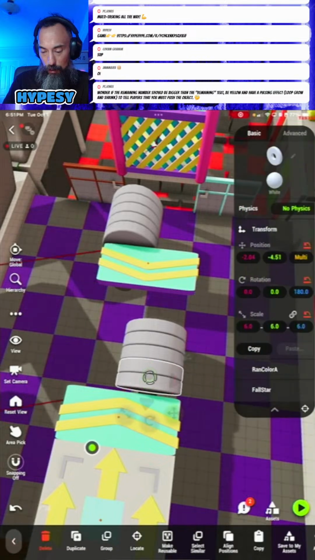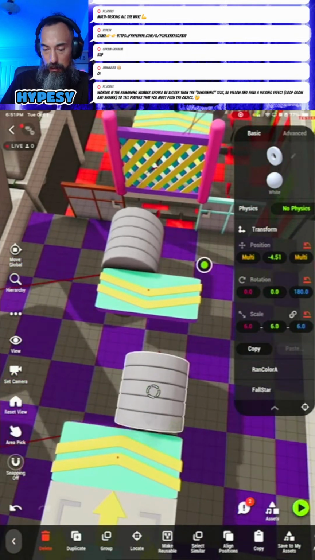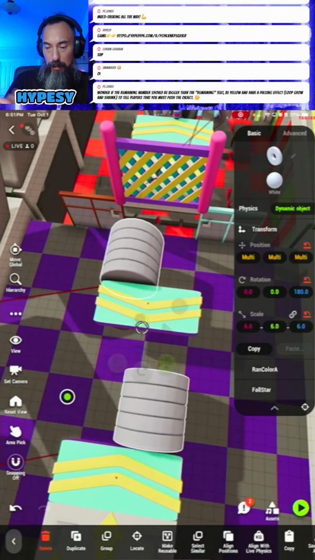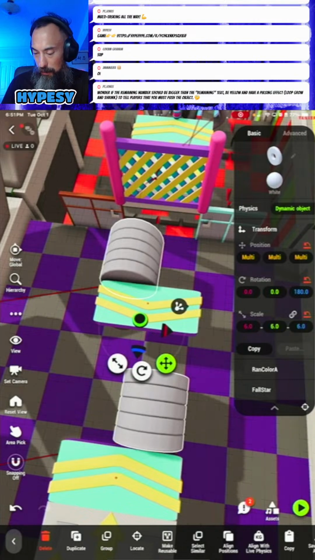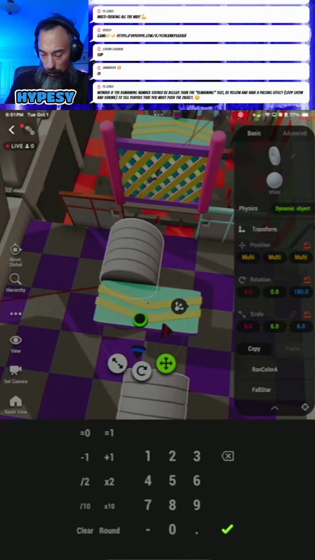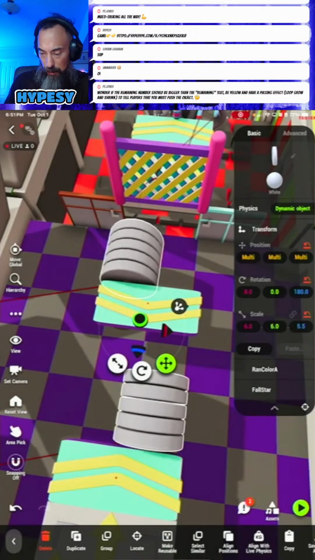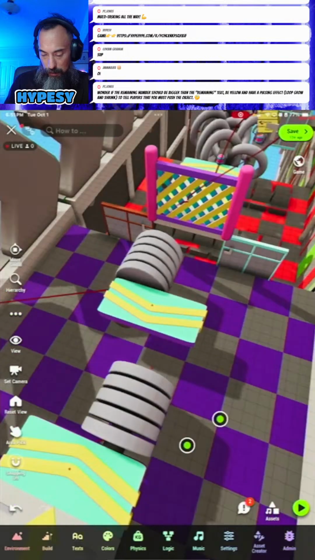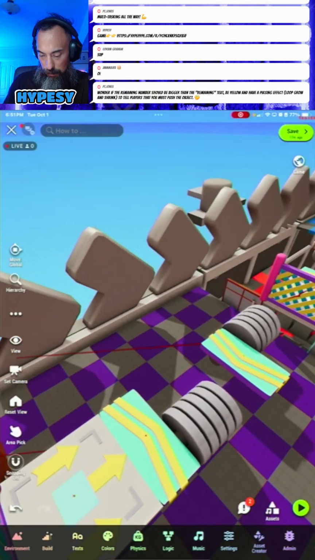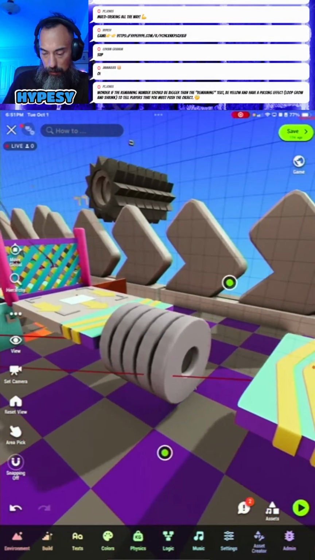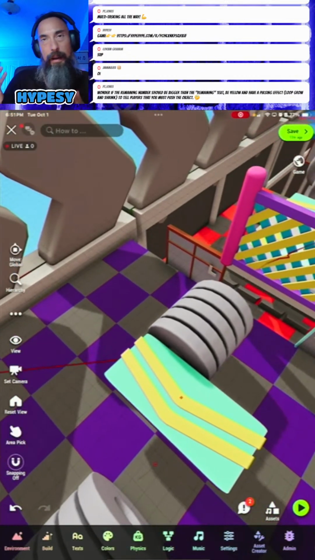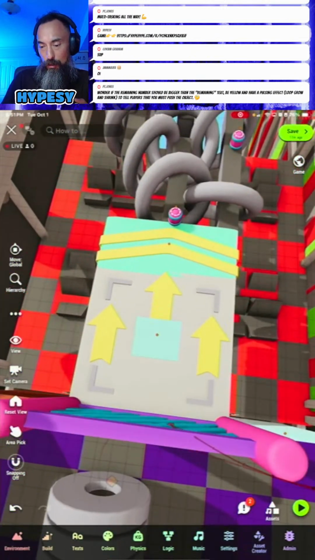So I'm going to try to make these a little bit skinnier so that you can see that there's space in the Z direction. So let's try 5.5. Maybe just do 5. I don't know if this is gonna help that one person who did get stuck here, but if it does, then that's great.